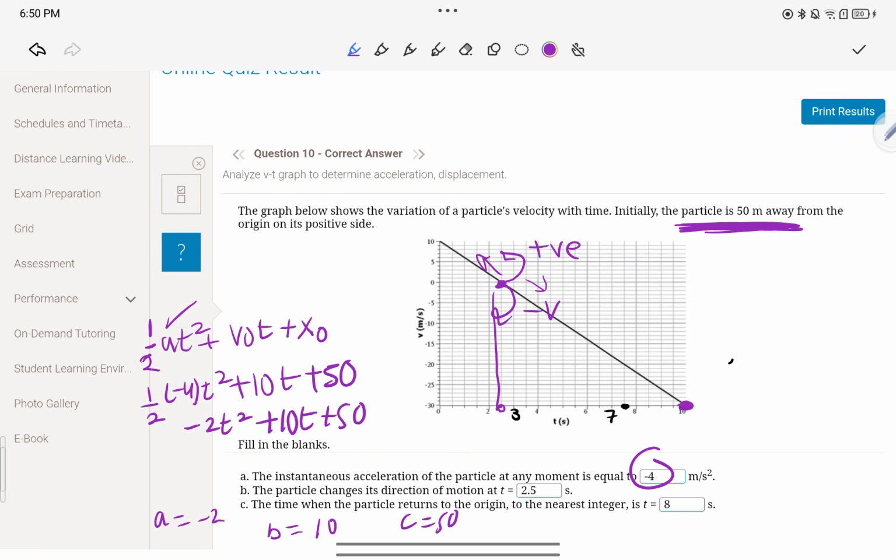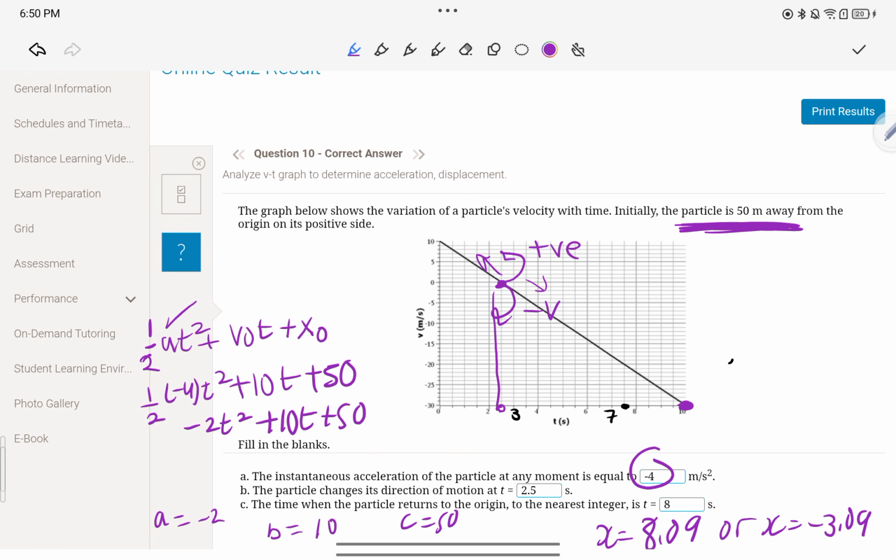So negative 2, 10, and 50. You will get x equal to 8.09, or x will be equal to this weird negative 3.09, negative